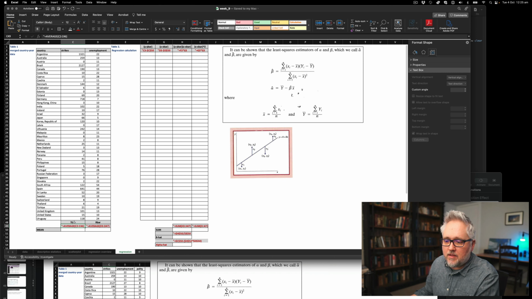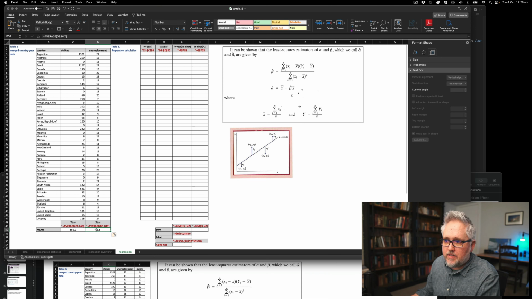So first I'm looking at the y bar and x bar here, which are the average values for each one of these columns. So I have the equation here. You can see it. All you do is remove the quote and put it here. So you see the average number of strikes is 150.2. I do the same for unemployment.